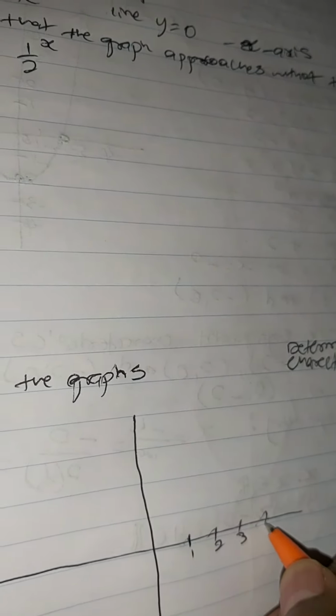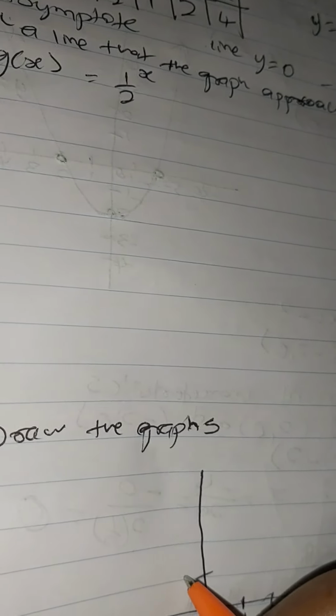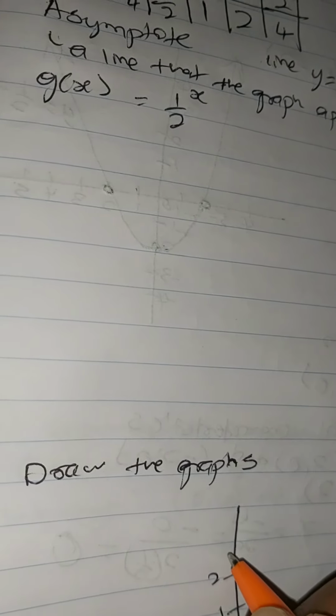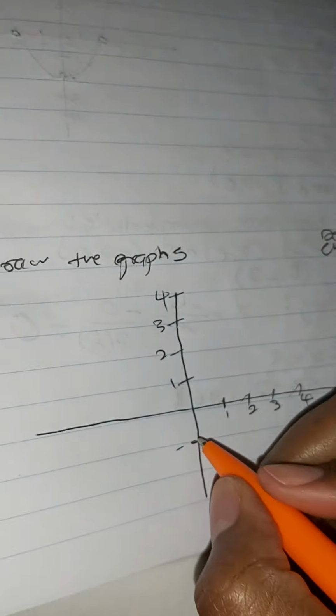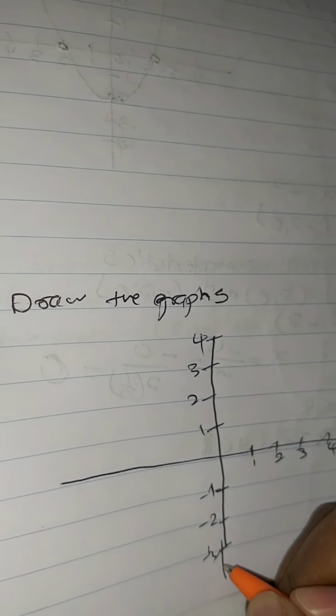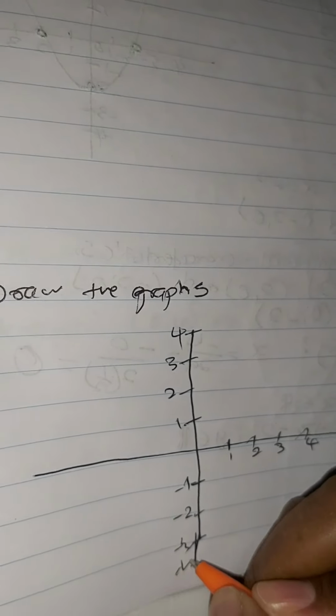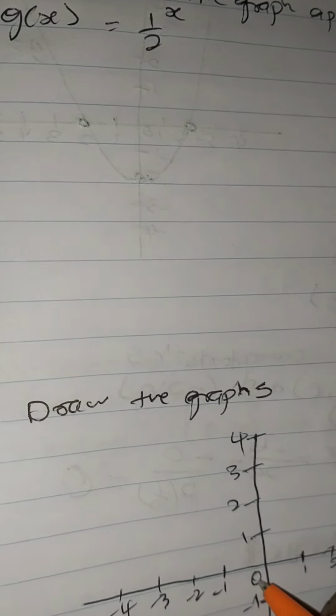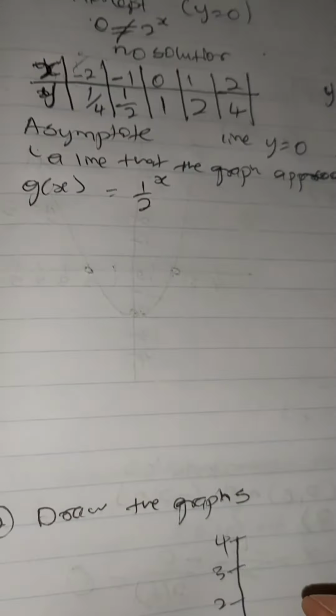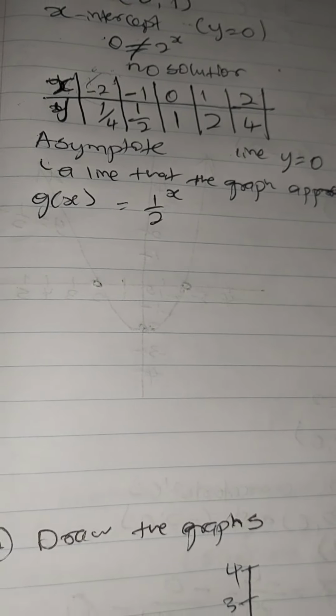We've got 1, 2, 3, 4, and 1, 2, 3, 4. Then -1, -2, -3, and -4. Same on this side, -1, -2, -3, -4. This is 0. So, the coordinates, the points that we have for drawing our graph, we've got -2 and